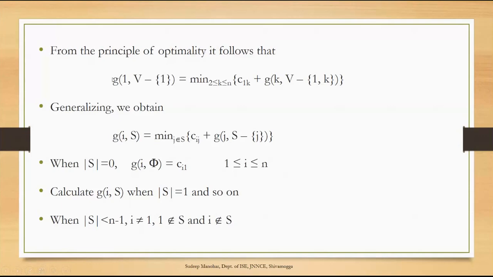The same thing, g of 1 comma, how to calculate this? G of 1 comma v minus 1 is equal to, it's a recurrence function once again, min of, now we have to calculate the minimum, isn't it? I told that using the diagram. So 1 to 2 plus minimum path from 2 back to 1. So minimum path from 2 to 1 is, there are two paths from 2 to 1. Out of those two, which is minimum, we have to calculate.